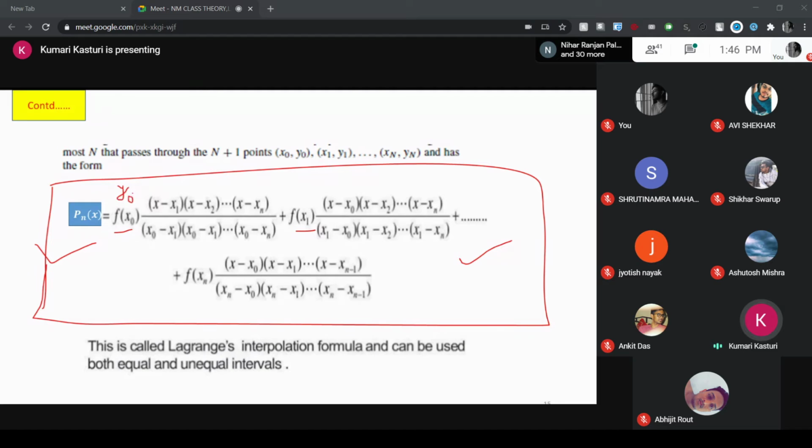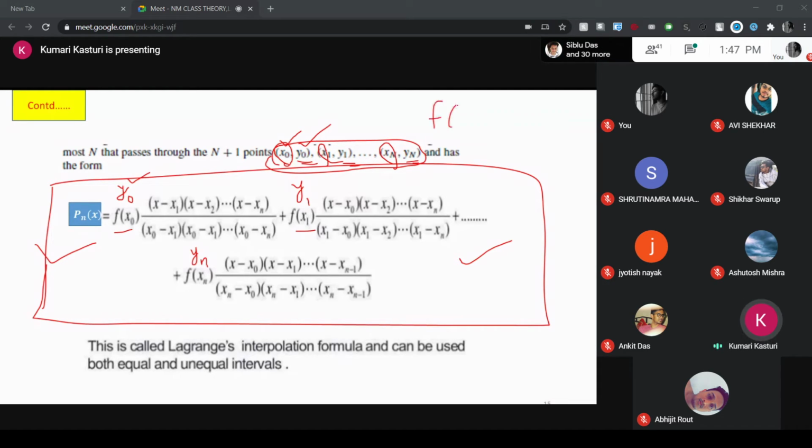Please remember all these things, because in the problem we are going to use them. So f of x0 is nothing but y0, f of x1 is your y1, like that, so f of xn is your yn. Now in the question, the data sets are given to you, so with respect to x value, you can find out y value. Maybe in the question the y value is not given, only the x values are given, for example x0, x1, xn. You have to find out every time the y values, y0, y1, yn. How to find that?